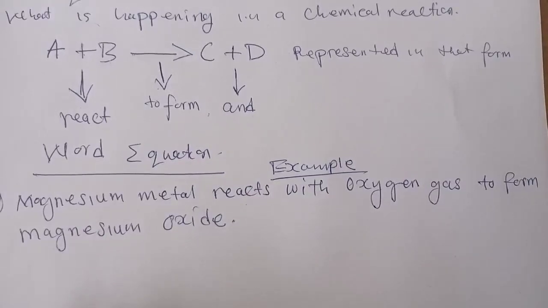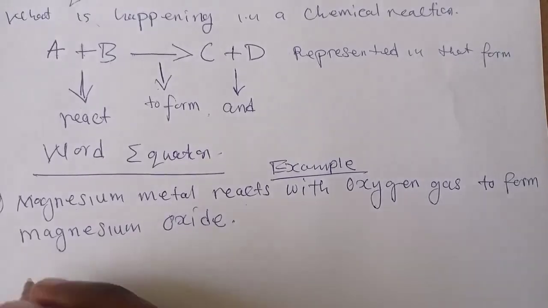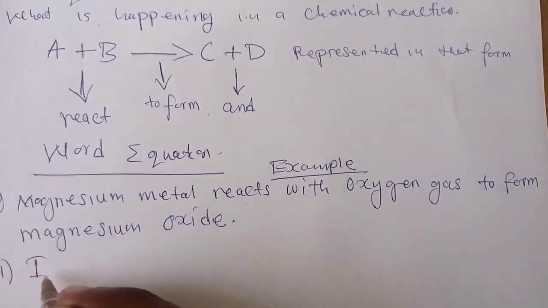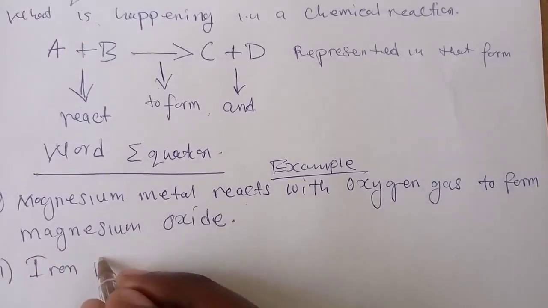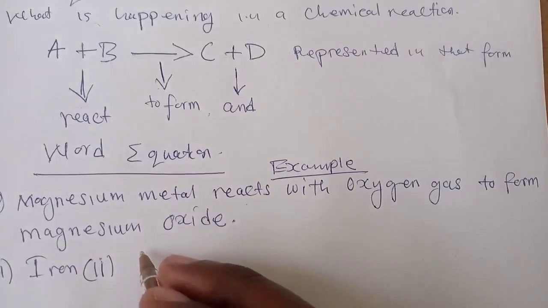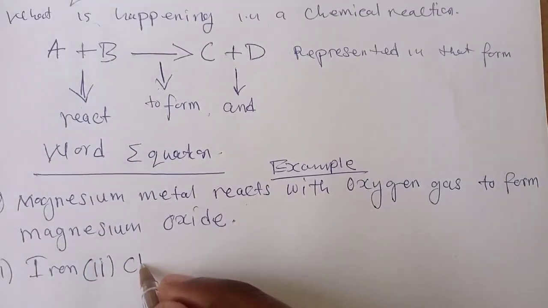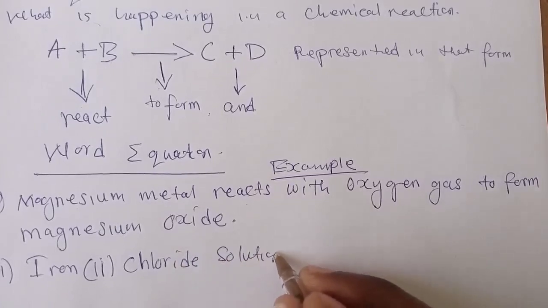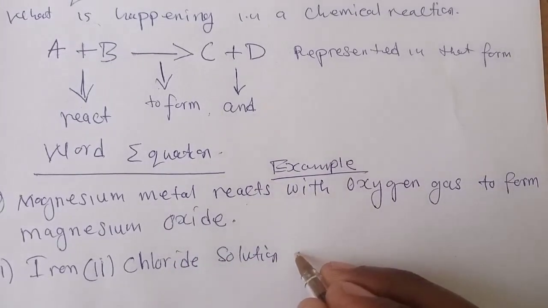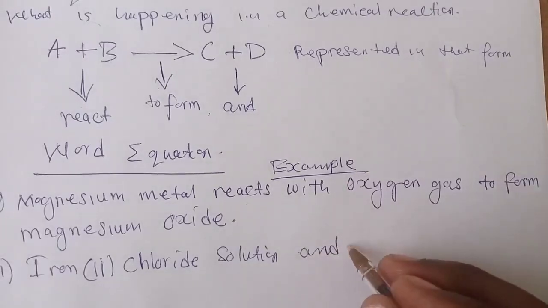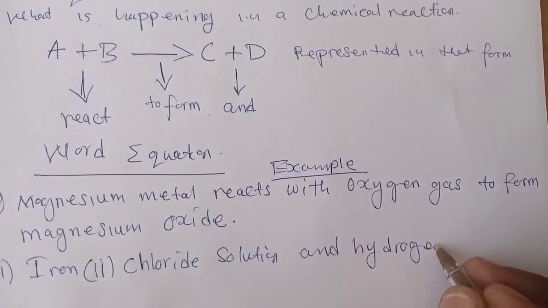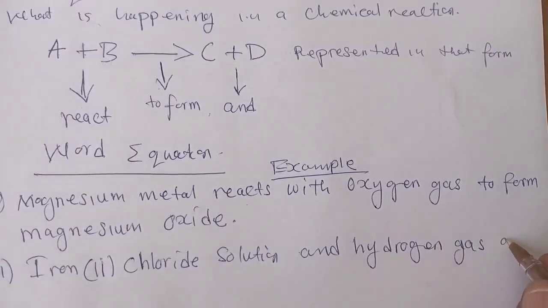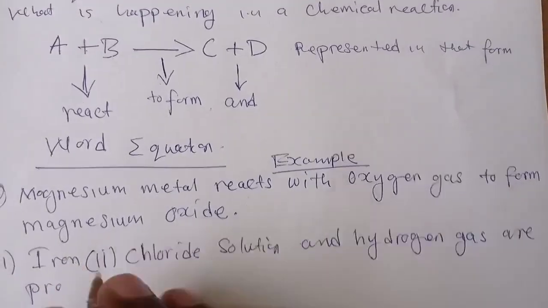When iron 2 chloride solution, number 2, they are saying that iron 2 chloride solution and hydrogen gas are produced